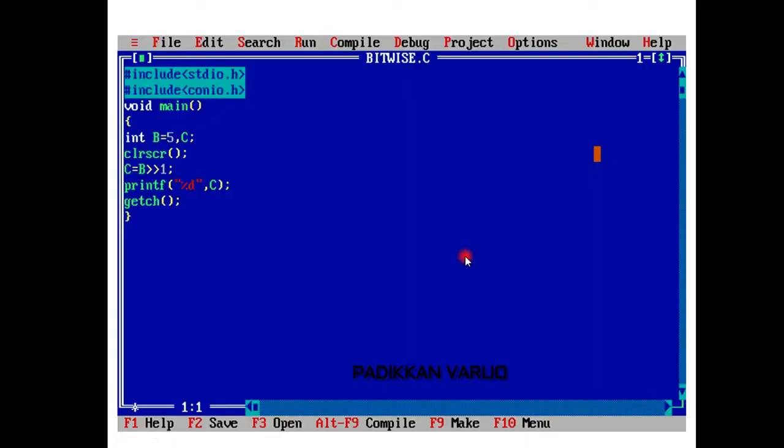So this program shows the working of the bitwise operator. Here we are performing a right shift operation. We have declared two variables of integer data type, B and C, and B is initialized with the value 5. In the case of the right shift operation, the value 5 is changed into binary, and we perform a right shift operation on the binary digits, and the result is displayed. We will get a new decimal value after the right shift operation,